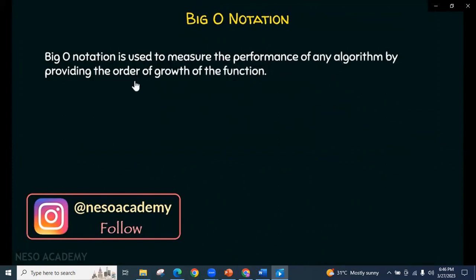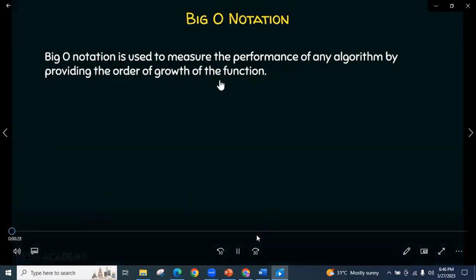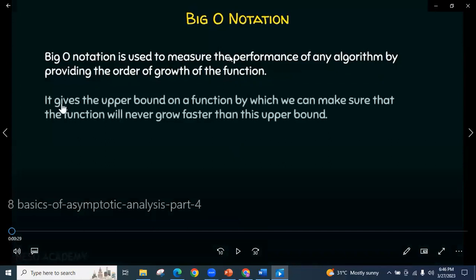It gives us the order of growth of the function. That is what big O notation is all about. This notation is helping us in providing the order of growth of the function, how a particular function grows. So a while ago, I'll give you an example in discussion about big O notation. So this will be actually a discussion in an example wherein you could apply the big O notations